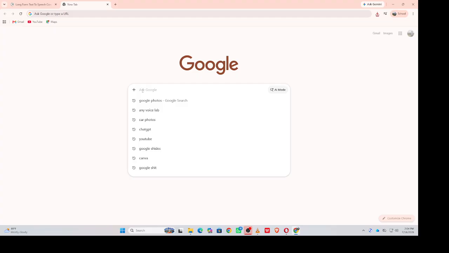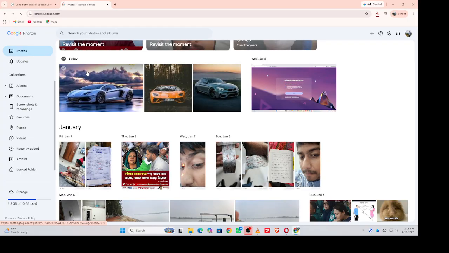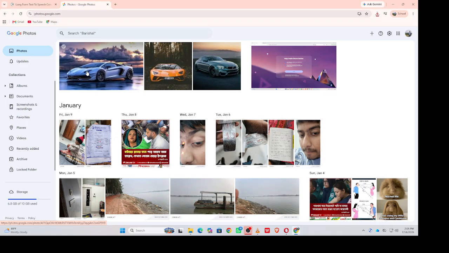In today's video, I'll show you how to search photos in Google Photos step by step. Google Photos includes a powerful search feature that helps you quickly find the pictures you're looking for without scrolling through your entire photo library. First, open your web browser and go to photos.google.com, then sign in with your Google